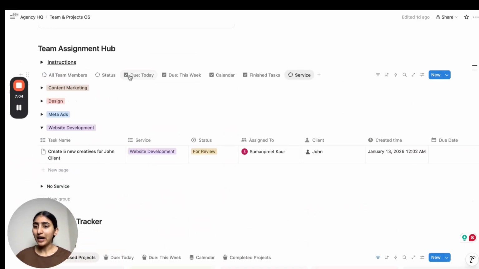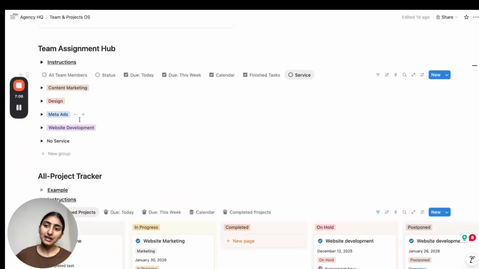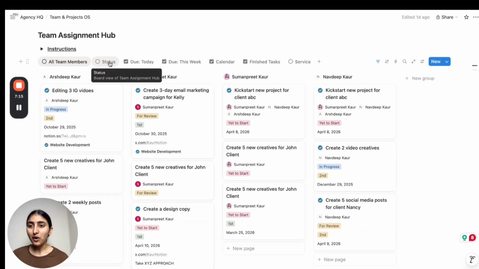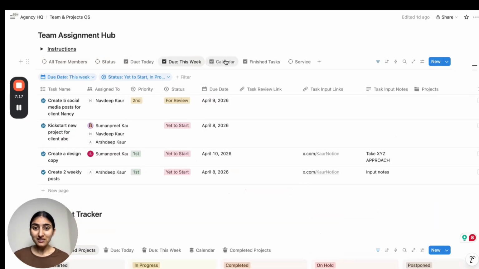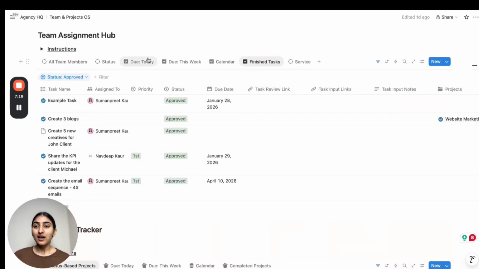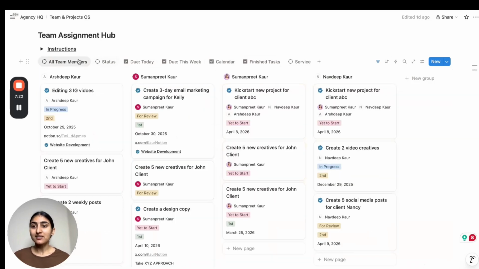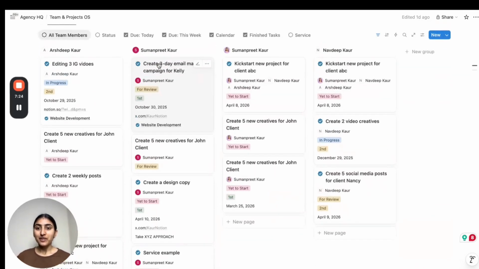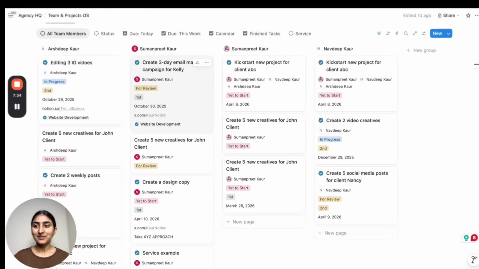So yeah, the beauty of this system is that even if you have, let's say, 5 team members today and 15 team members tomorrow, it keeps scaling with you. So this is all about this one simple short system that covers everything regarding your team, task, service, and visibility, like a little space where everything is centralized, consolidated and organized.